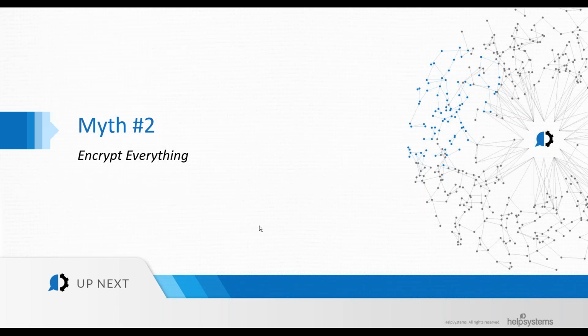All right, myth number 2, encrypt everything. And this is a classic one. I've heard that come from non-IBM i individuals especially, and auditors love to be able to say, hey, just show me that everything's encrypted. And it is considered an evolution of disk encryption. If everything's encrypted, then by default, maybe the belief is that nothing is at risk.